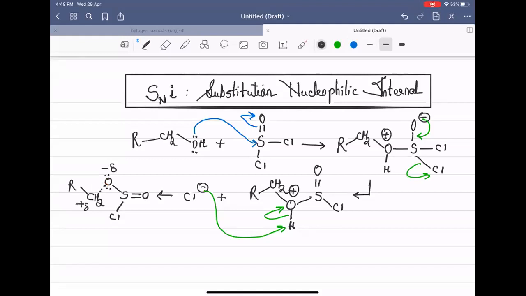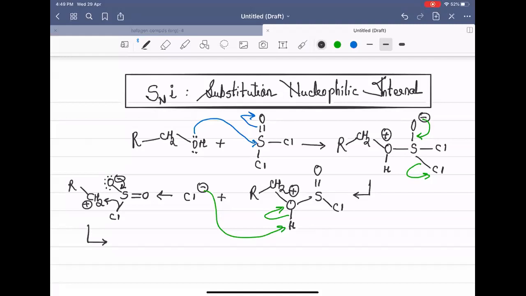So I can directly put it as O minus and CH2 plus. There's a kind of ionic bonding which is observed. Now what happens is, from the same phase, Cl enters here, and this would come over here,